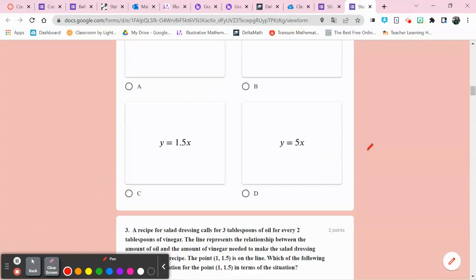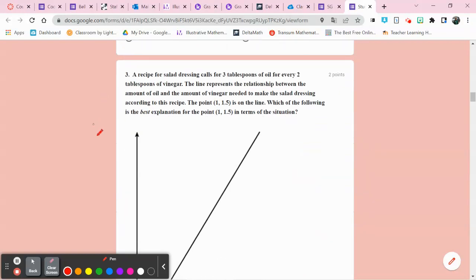Now we move on to question 3, which still has the same exact situation. Same salad dressing, the same line. The point (1, 1.5) is on the line. Which of the following is the best explanation for the point when x is 1, y is 1.5 in terms of this situation? Okay, so when we did that, we had 3